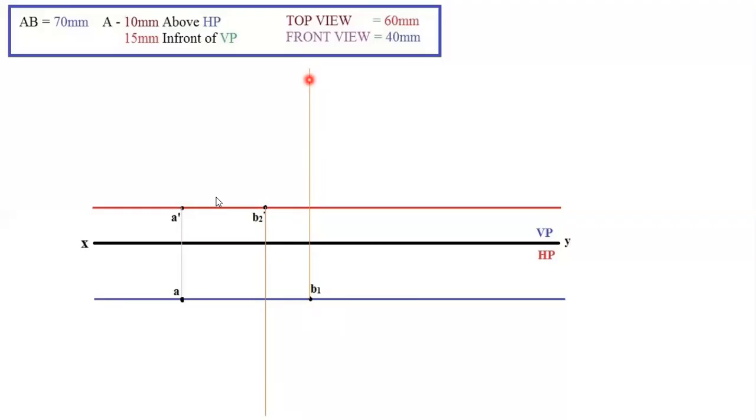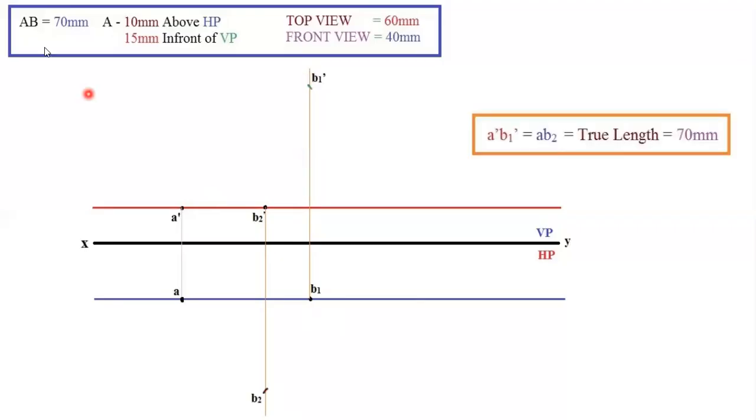The next step is you know the value of the true length. So the true length value is 70 mm. Take 70 mm in your compass, keep your compass at A and try to cut an arc on this extension line. From B1 you extend it to some extent, right? On that line, try to cut an arc and name it as B1 dash. Same procedure. The true length will be the same for both the planes. So from A, take 70 mm, keep your compass at A and try to cut an arc on this extension line and name it as B2. If it's B2 dash, then we'll be having B2.